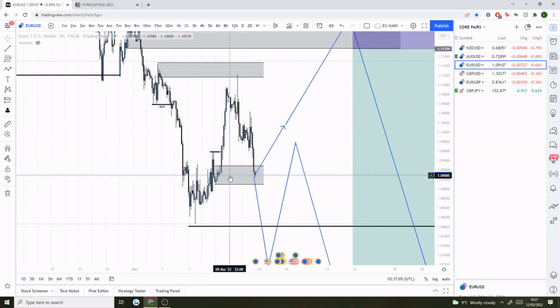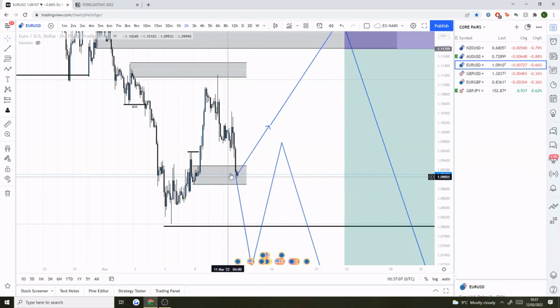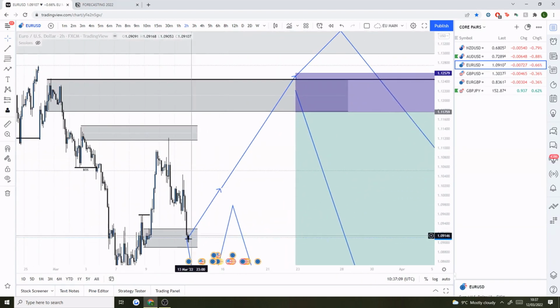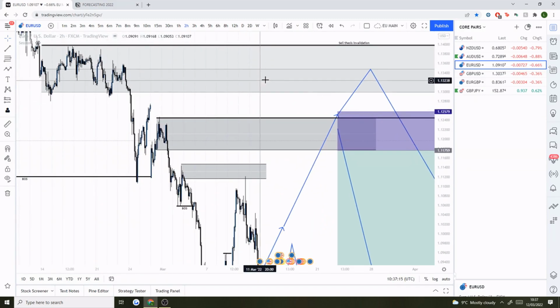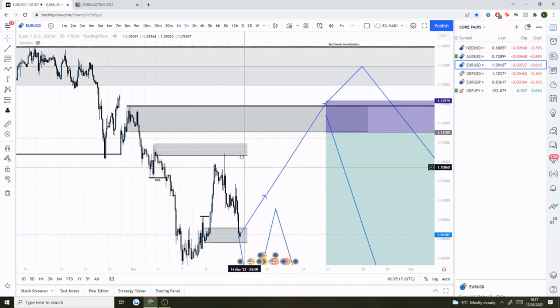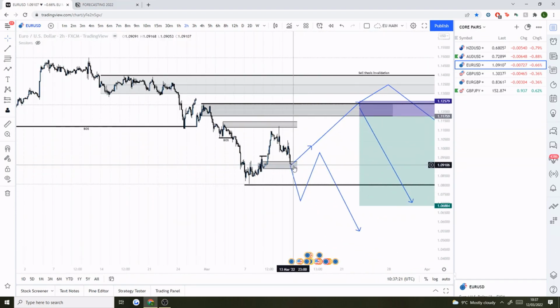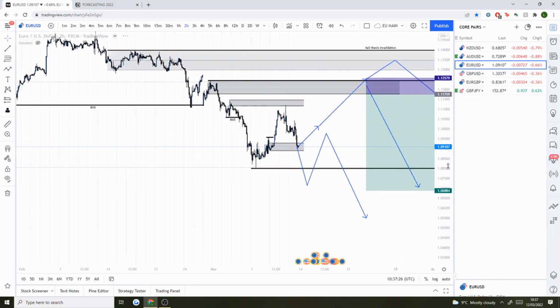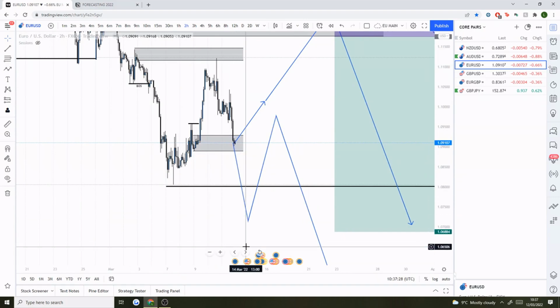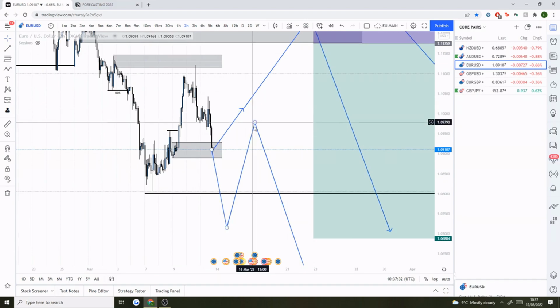So if we do see this demand zone respected, then we could potentially see buys coming up into the market to take us into either this 12-hour supply zone that I discussed or the more extreme daily supply zone that I discussed. And alternatively to those situations where we continue higher before reacting from these supply areas, it's also possible that we will just continue downwards, violate this structure, and then at that point I would expect us to break